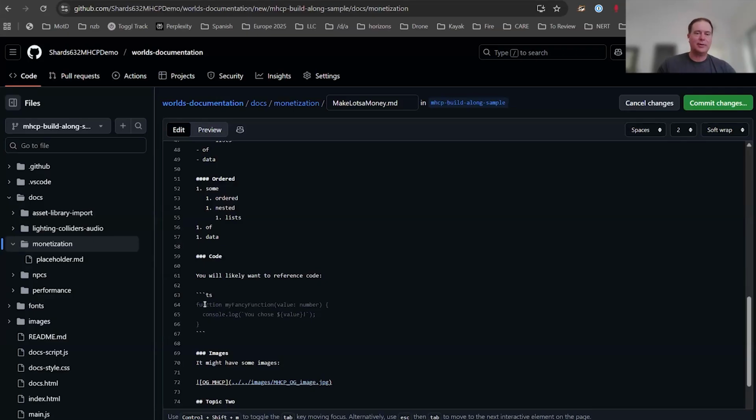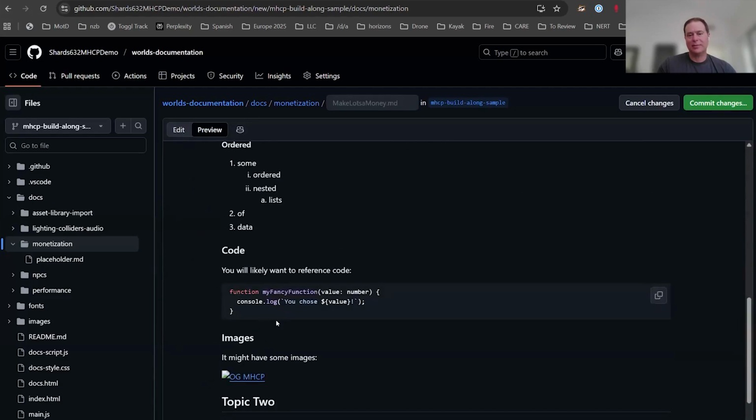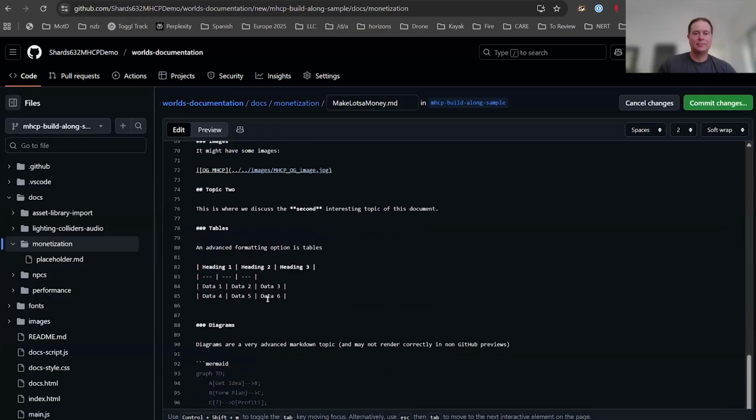Referencing code. If you want to reference some code, it's just like in Discord, triple backtick, and then put TS. TS tells it this is going to be TypeScript or whatever language you're using, and just write your code in there, and then it will render out with nice font coloring. That makes it easier to read. If you want to reference an image,